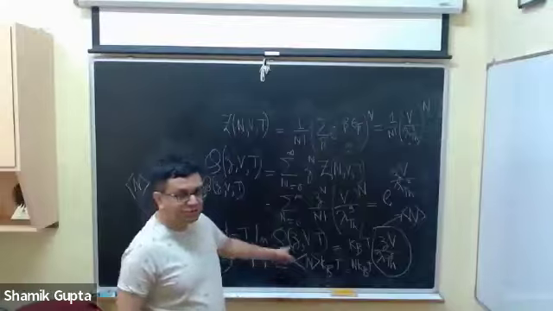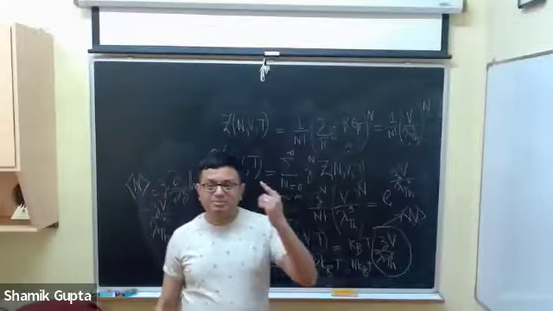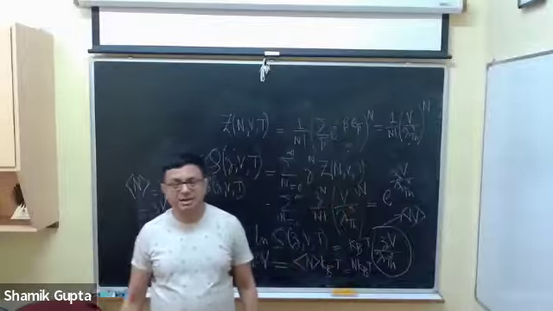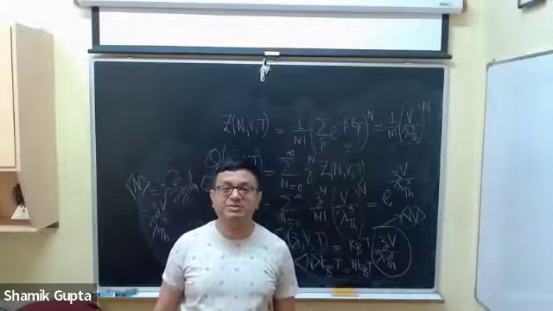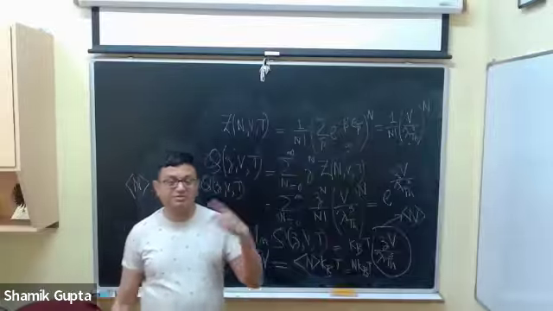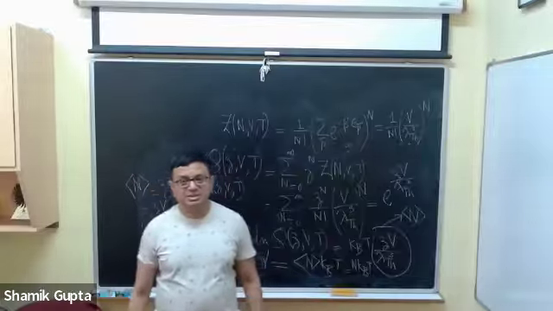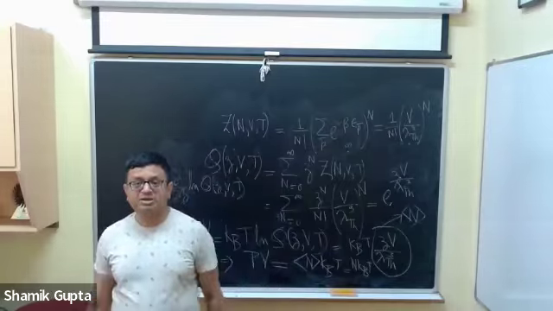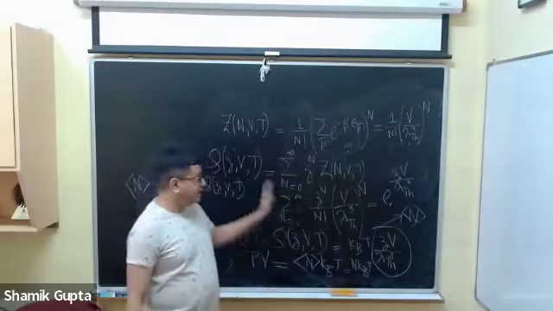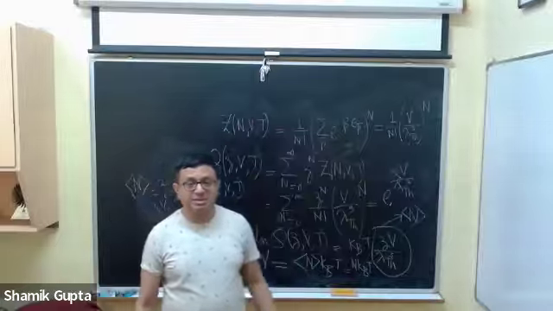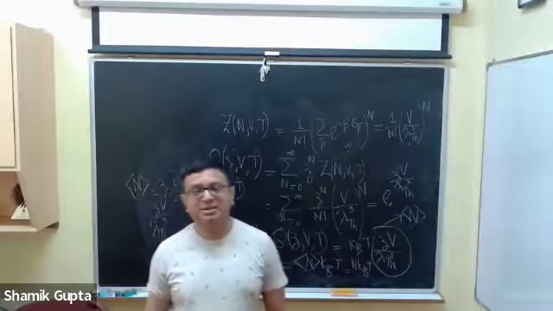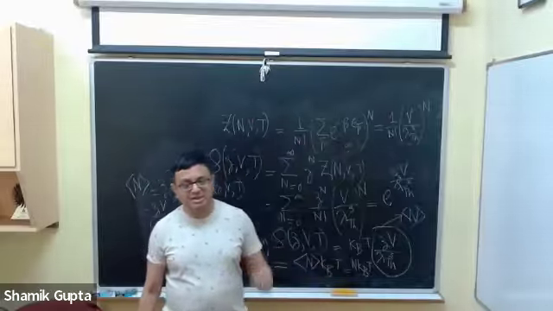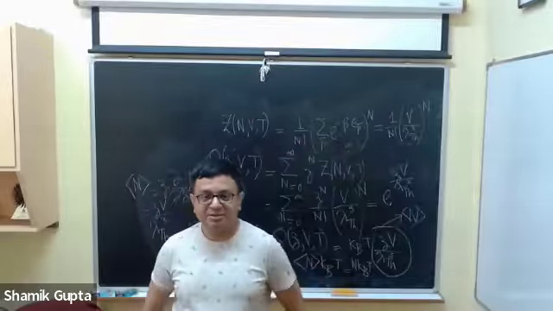You see why we never took any limit here. For the Bose gas and the Fermi gas, we have to take the limit of T very large, T going to infinity, so that z is very small, and therefore we have to do a Taylor expansion in z, assuming z to be much smaller than 1, in order to recover the ideal gas equation. Here I don't have to take any limit, but this gas is imaginary. It doesn't exist in nature. In nature, we have either ideal Bose gas or ideal Fermi gas.